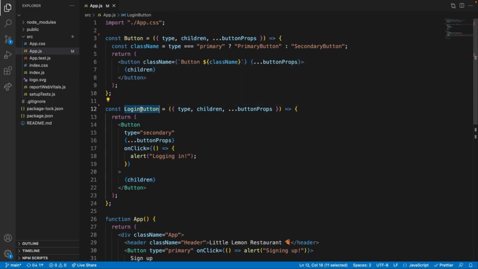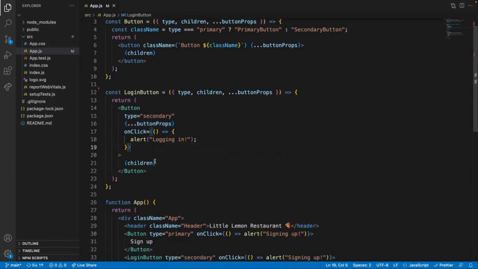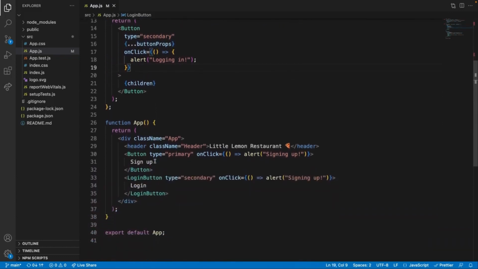login button component that renders the custom button component I have created itself. This login button does some pre-configuration by fixating some of the props from the button component, in this case, type and onClick, while still passing the native button props down with the spread operator. Now, the app component renders the two buttons and uses the button component for the sign up and the login